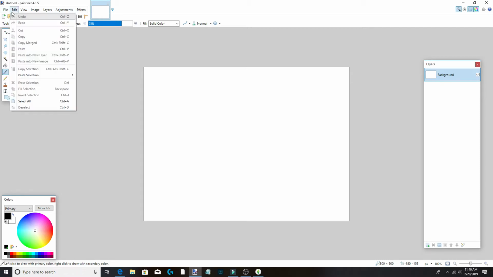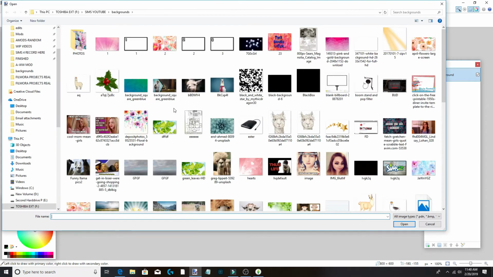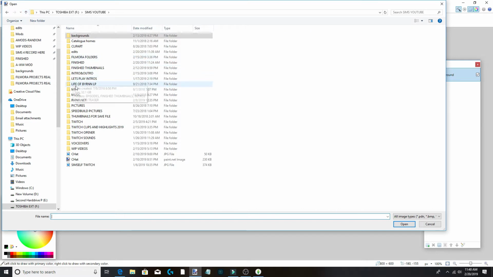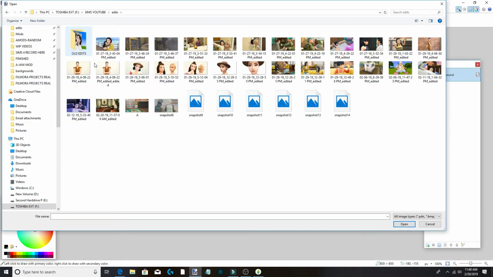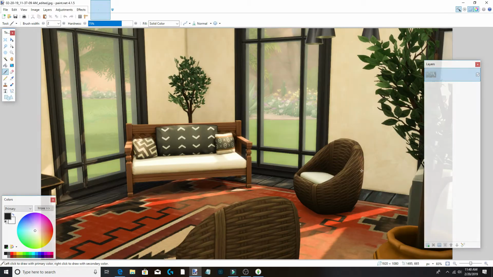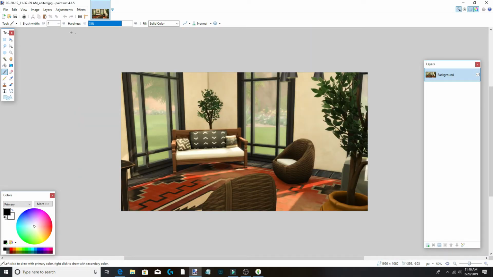So I'm going to file and I'm going to import my picture. It's going to be in our edits folder and we just have to find it, which it is probably right here. We're going to open. Then you can zoom out on it. Now I go back to my